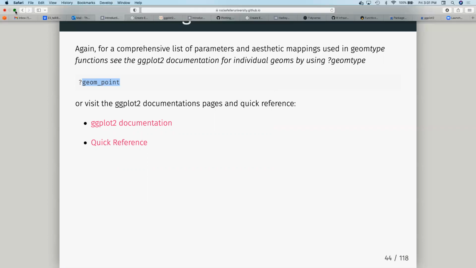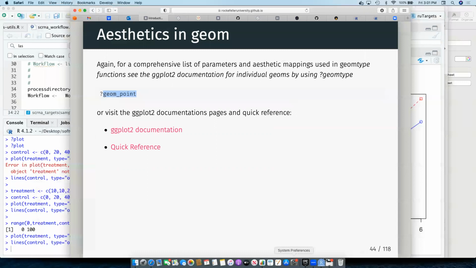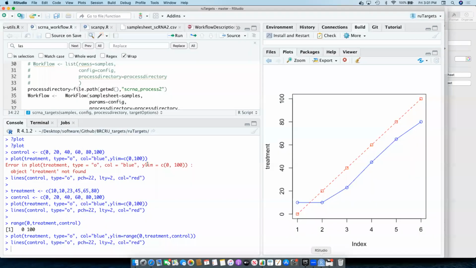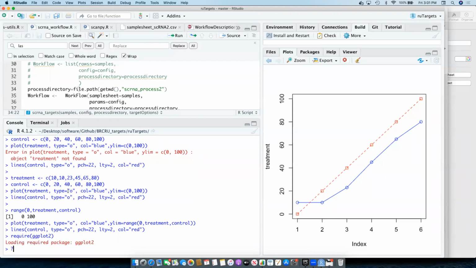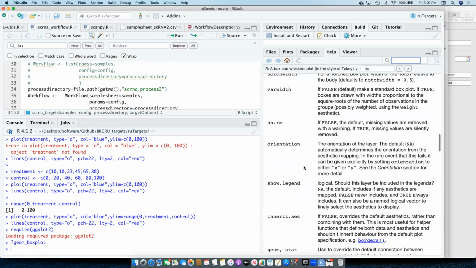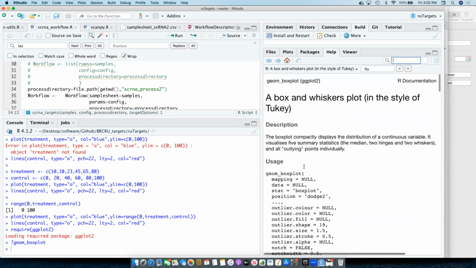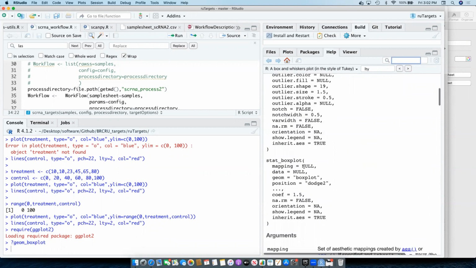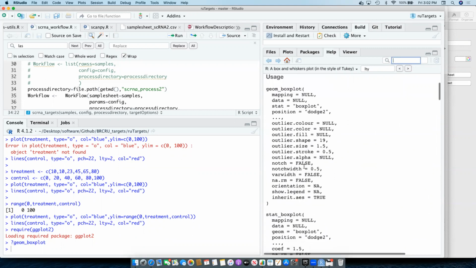I think my R is hopefully still up, so I can have a look. See how useful that is. I was wondering if they have updated the help to put the graphics in, because remember, Hadley Wickham now works for Posit, RStudio, so we might have forced them to do that. In this case, I want to look up geom_boxplot. Do I get graphics? You can see they really give a great description of all the different